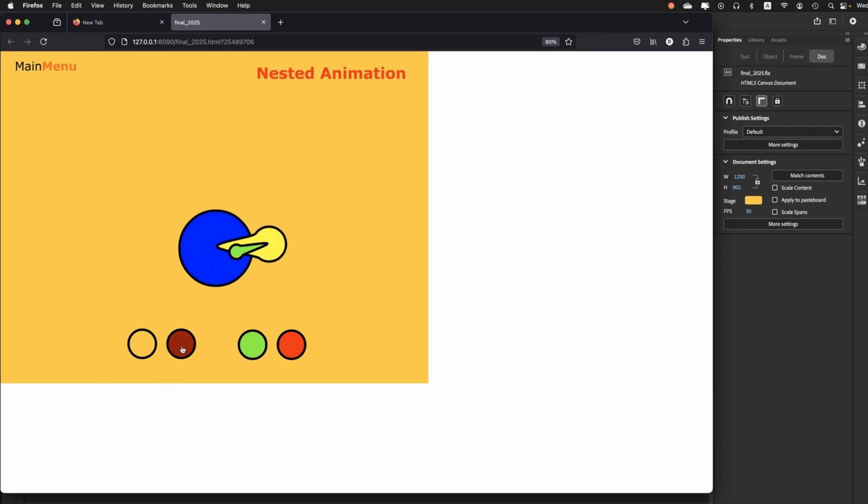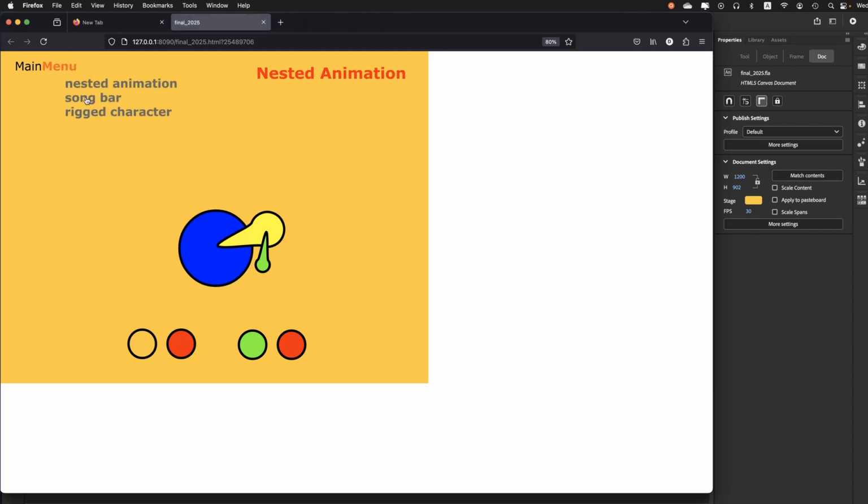So I'll stop the yellow, and you can see that the green is still rotating. You're going to have to move your center points to create the axis of rotation, and this red button here stops the green. This will start the green, this will start the yellow. They do work independently of each other, and one is nested inside of the other as well. The green is inside of the yellow. So that will be the first page, if you want to call it a page, and do label it nested animation. And then I'll go back to my main menu here,